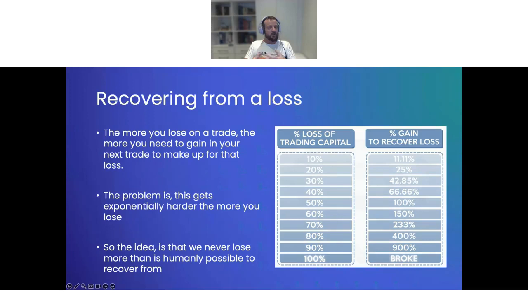To put it into perspective, losing 10% of your capital on a trade, you would only need to make back 11.11% to break even, to cover your losses. Whereas if you lose 40% of your portfolio, suddenly you need to make 66.6% on the next trade. And it just gets worse from there. At a 50% loss, it means you need to basically 2x your trade. That means if you lost 50% on a BTC position, your next trade in BTC needs to be double for you to even just break even.